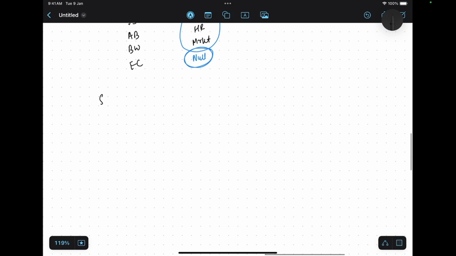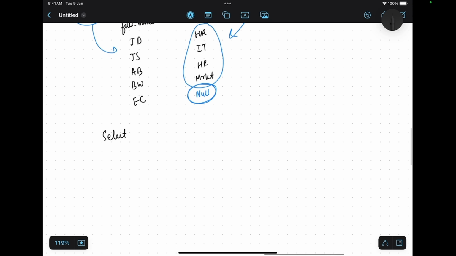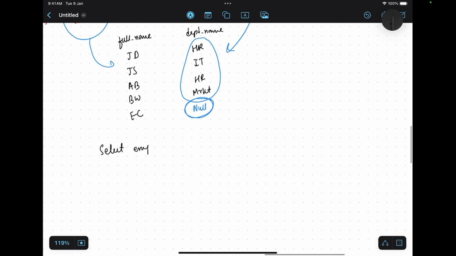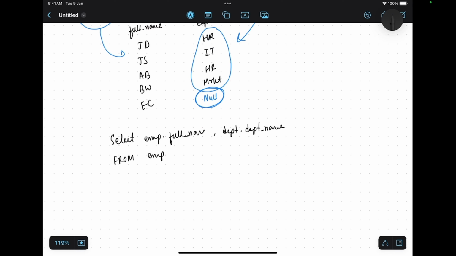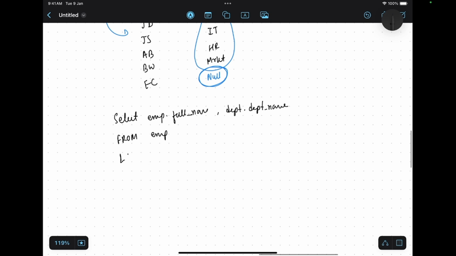Very simple. Select what two columns we have to show. Full name, where the full name is coming, it is coming from employee table underscore full name. Then we have to show department name, from which table it is coming, it is coming from department table. From which is the left table is employee. Which is the right table, and which kind of join we want to perform. Is it inner join? No, it's left join. So left join